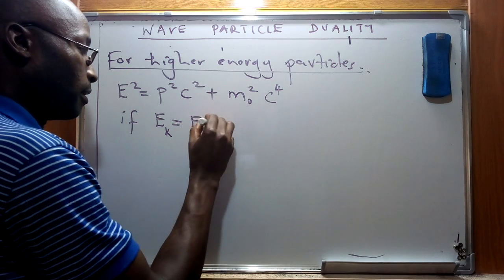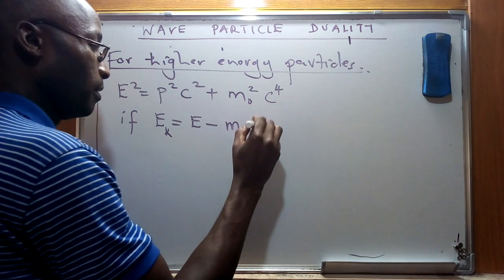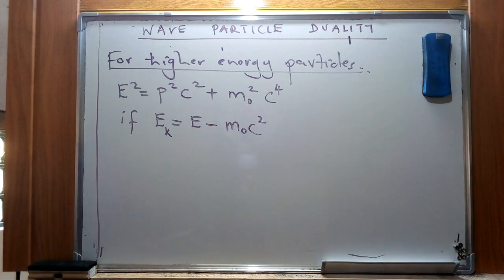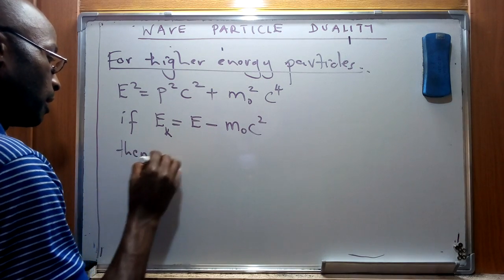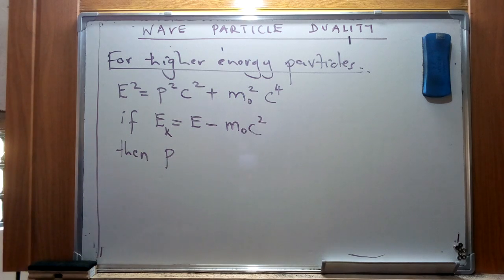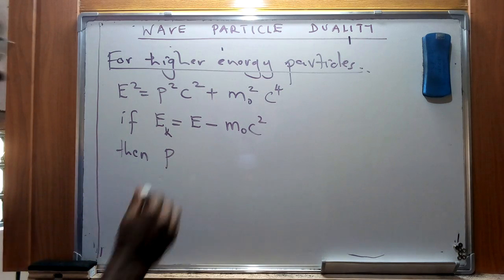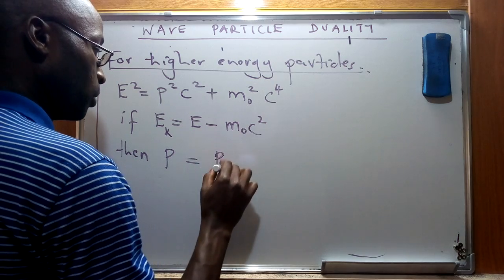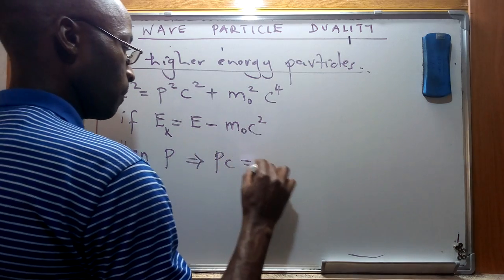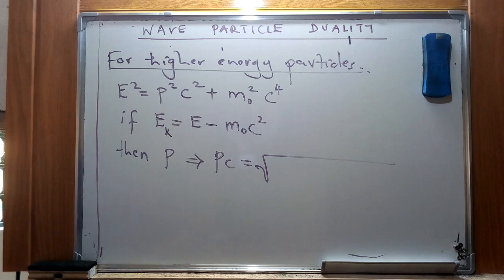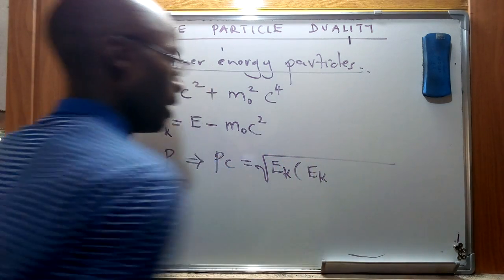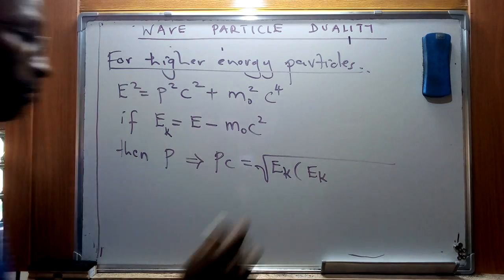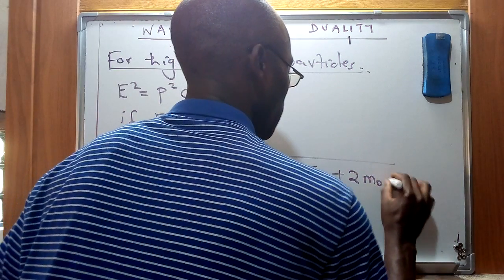This is for energy minus, or this is the rest mass of that particular particle. And then we're going to see that from this particular case, we can describe momentum using this formula, or we can derive momentum from this formula, whereby this is going to be a result of Ek into Ek. I'm going to elaborate on this, so no worry about the different numbers.